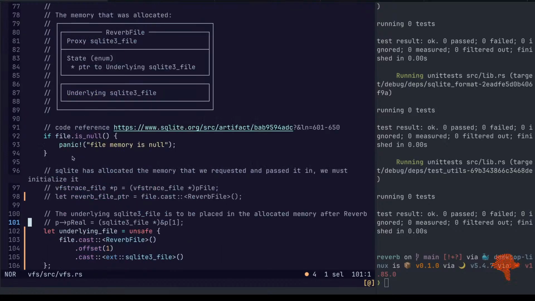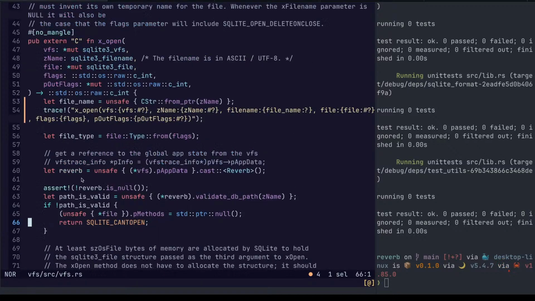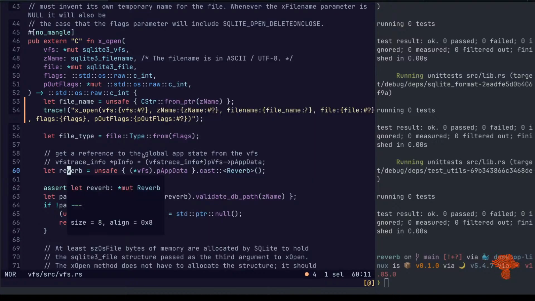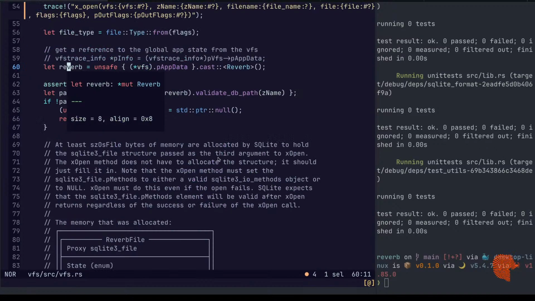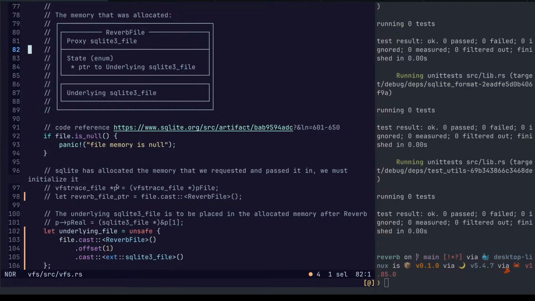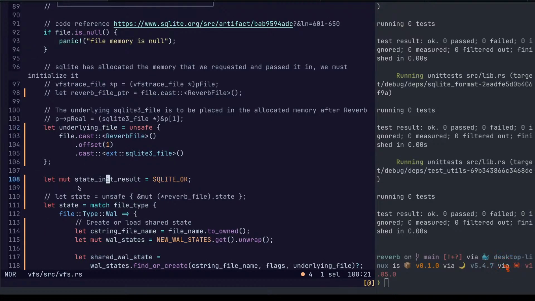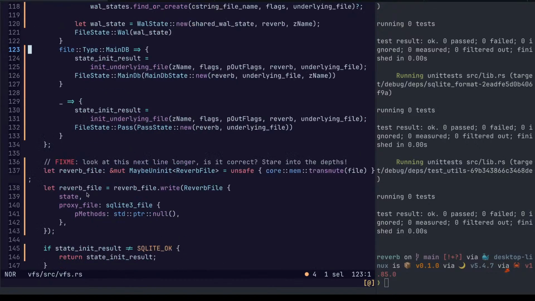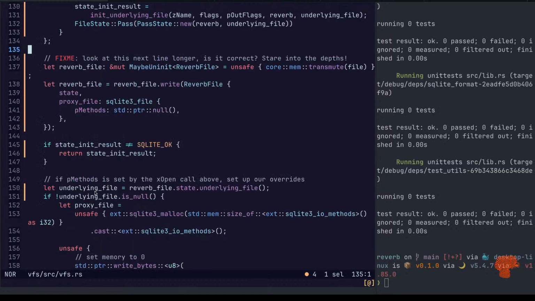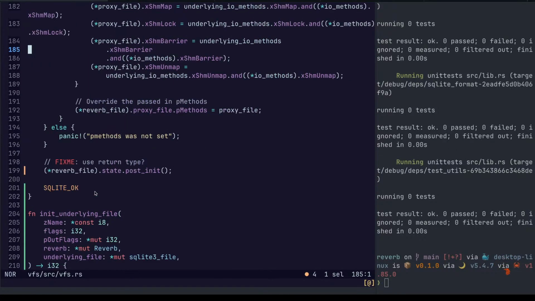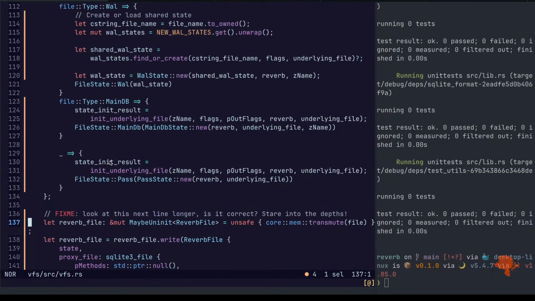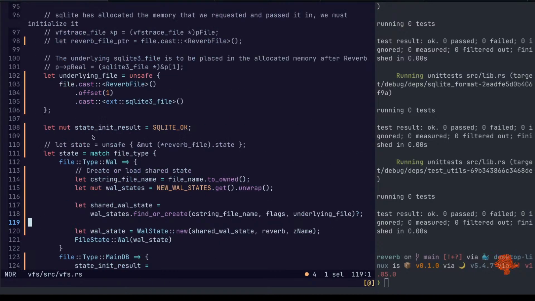What we have for reverb says X open. Reverb here. It's a mutable pointer. Do we convert that file, underlying file, reverb file? Okay, it looks like we're passing in the mutable pointer to reverb.